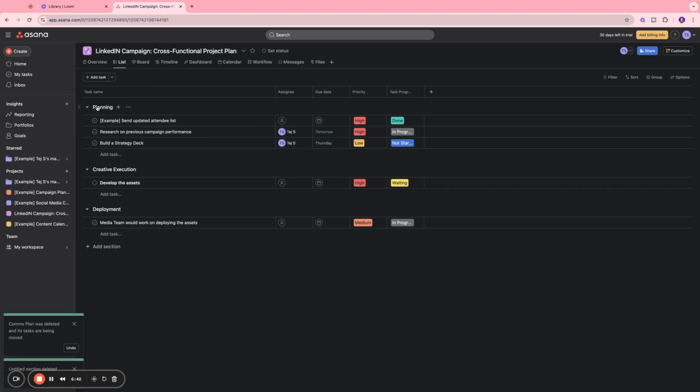So essentially we have a planning phase where we want to plan how our assets have been performing in our previous campaign, and based on that we want to create a new strategy deck. Once we have that strategy deck, we're going to get it approved, and then we have to start the creative execution. So we have this step over here, and then we have the deployment stage, which is where media team would come in, and you can tag your media team over here as well so that they can start working